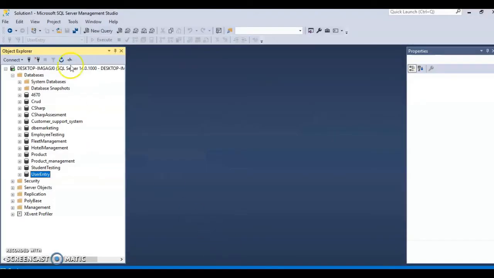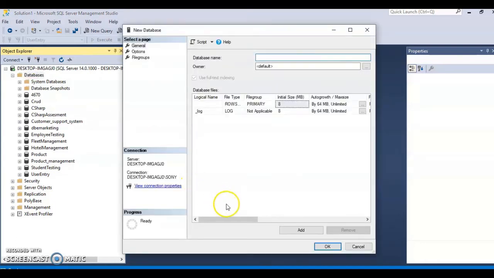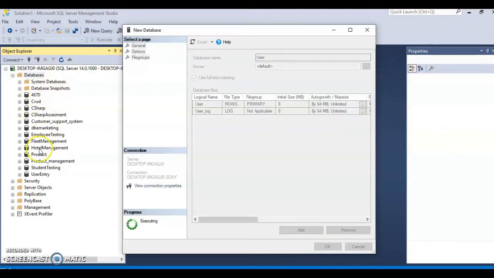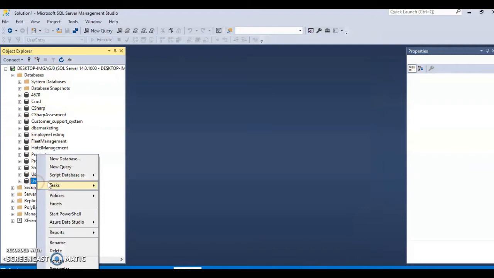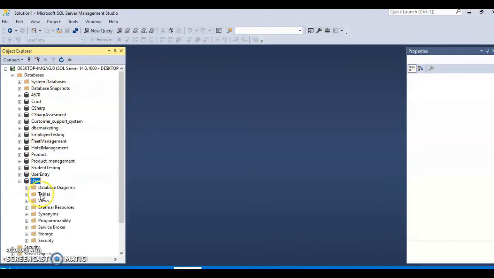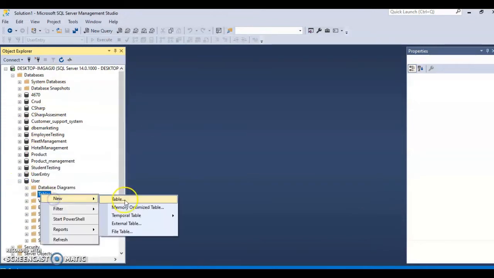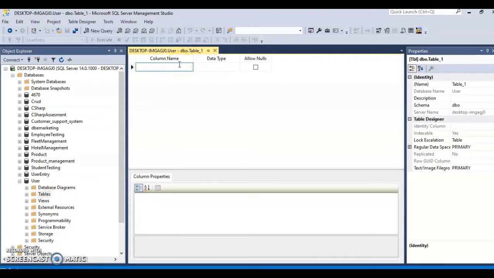Open up your SQL Server. Create a new database. Here I am naming the database User, and click on OK. In that, I am adding a new table. Let's add a column named